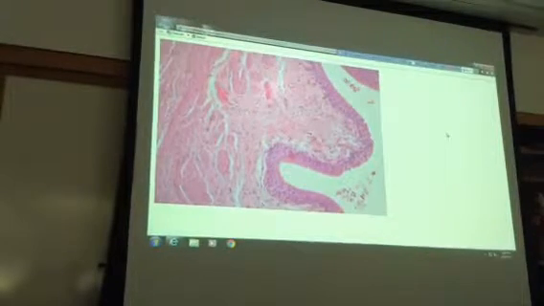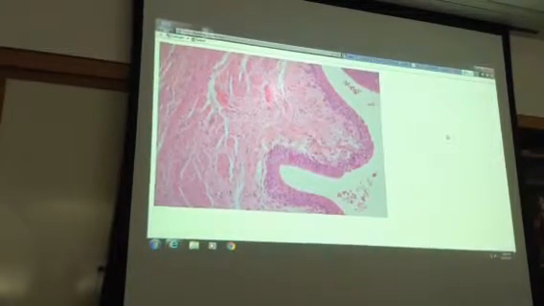Any questions about any of these microscope slides or anything? All right, so that's your last